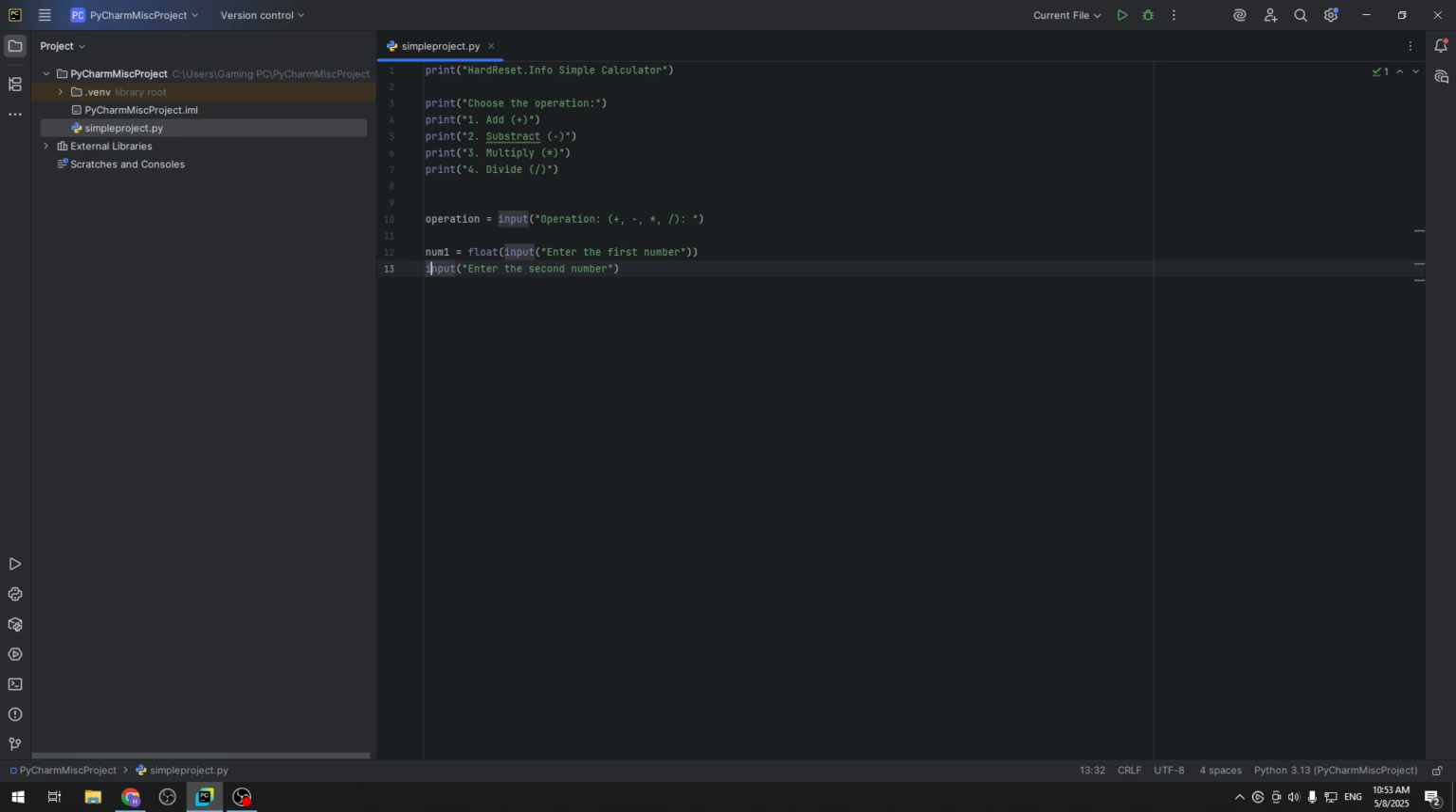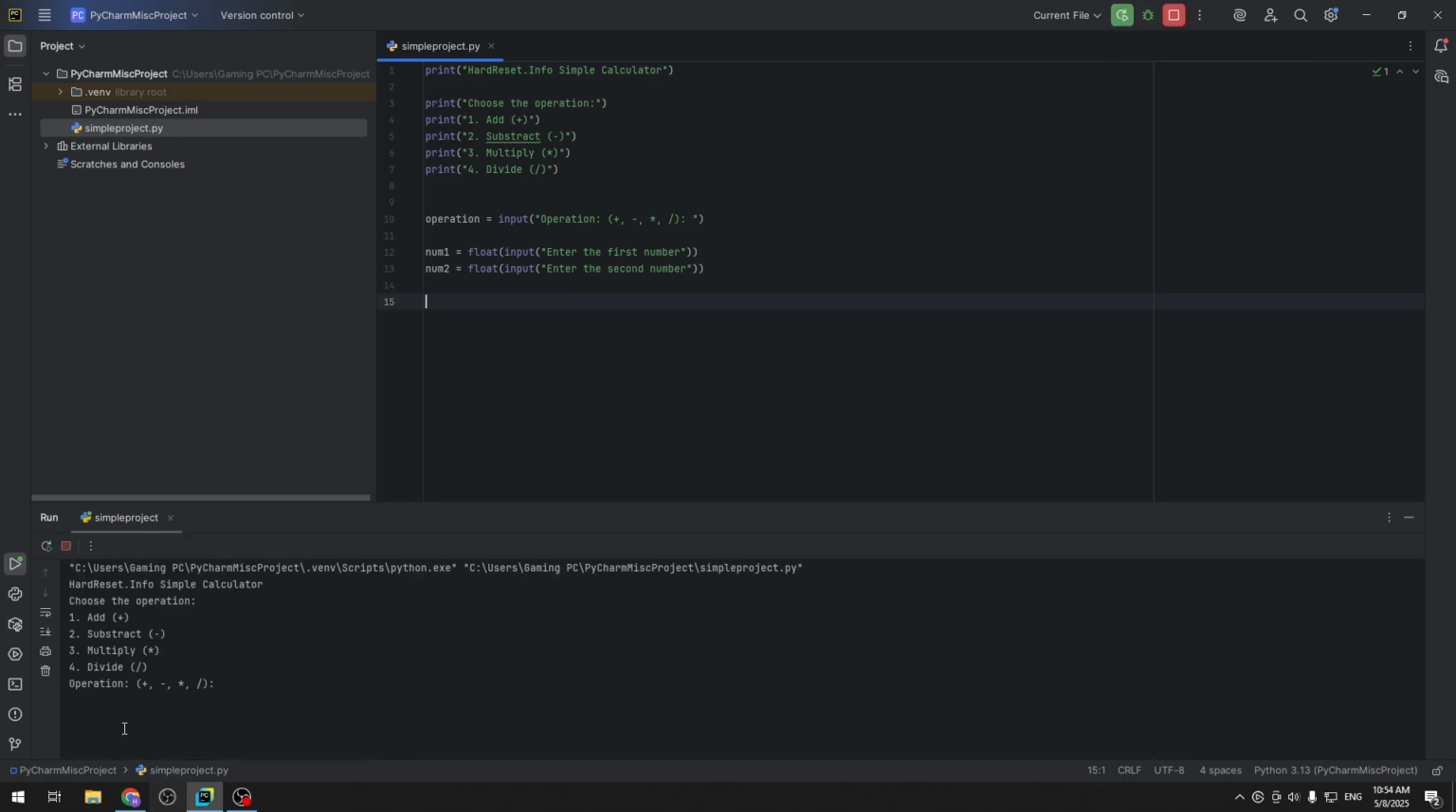Now we have to do the same with the second one, number 2 equals float, not here, float brackets around the input, and here we have the two numbers. Let's check if that works using this button in the top right corner here. As you can see,